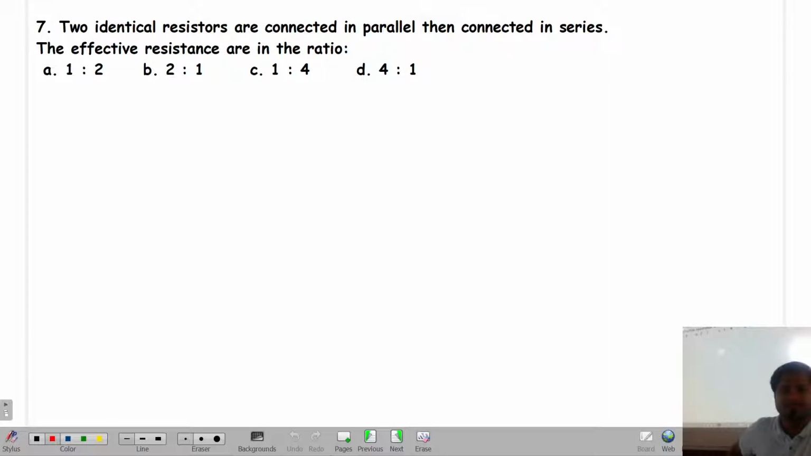Two identical resistors are connected in parallel, then connected in series. The effective resistance are in ratio. Anyone? Seventh is, answer it. It's a practice. So two identical resistors. Identical resistors means what? Same resistance or not? R and R. Yes or no? They are first connected in